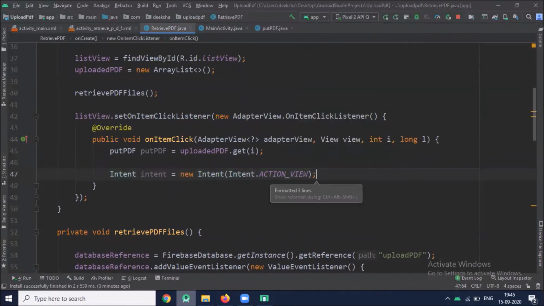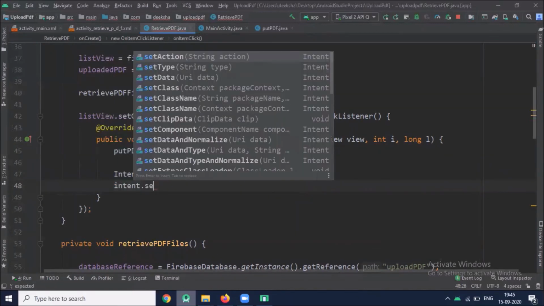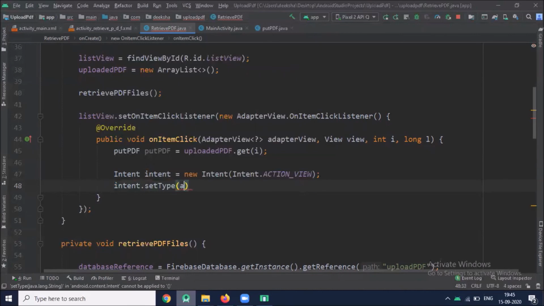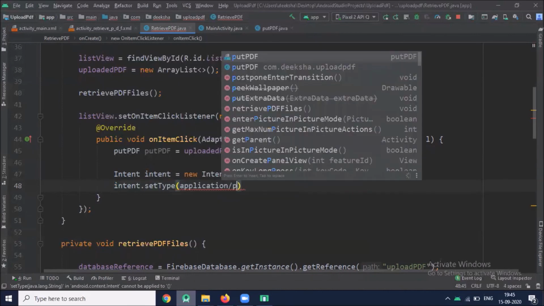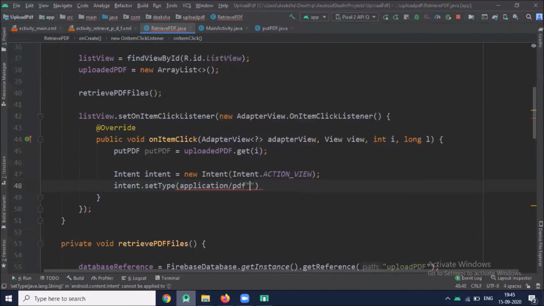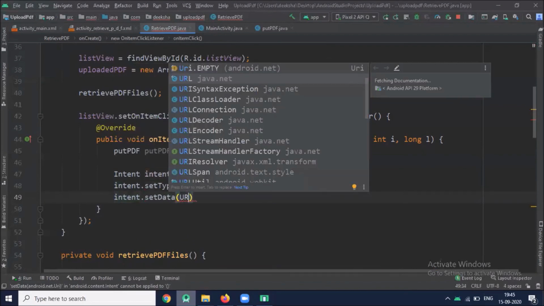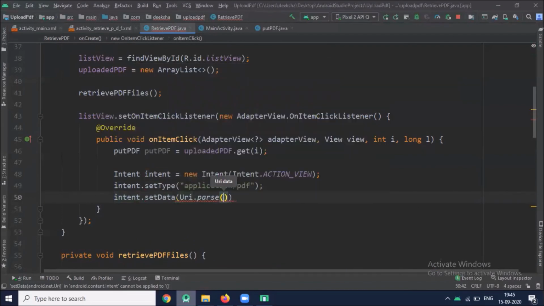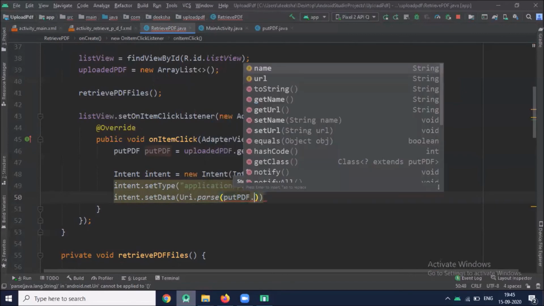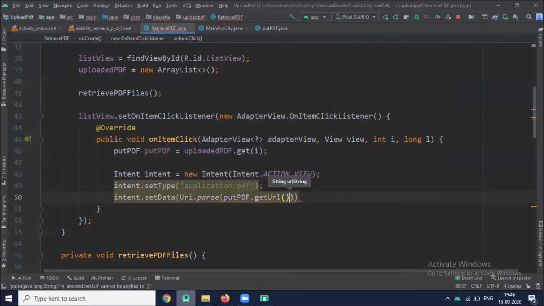To show the PDF file, here we use an intent and set the type. And here we pass our URL.